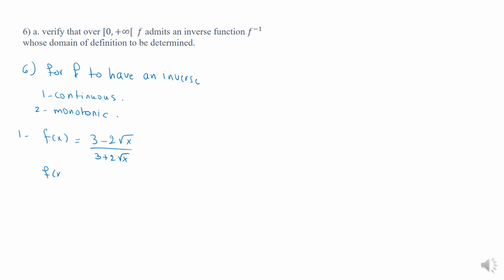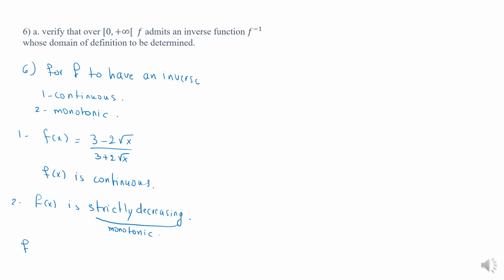So f of x is continuous. We have proved previously that f of x is strictly decreasing, so monotonic, which means that f has an inverse function